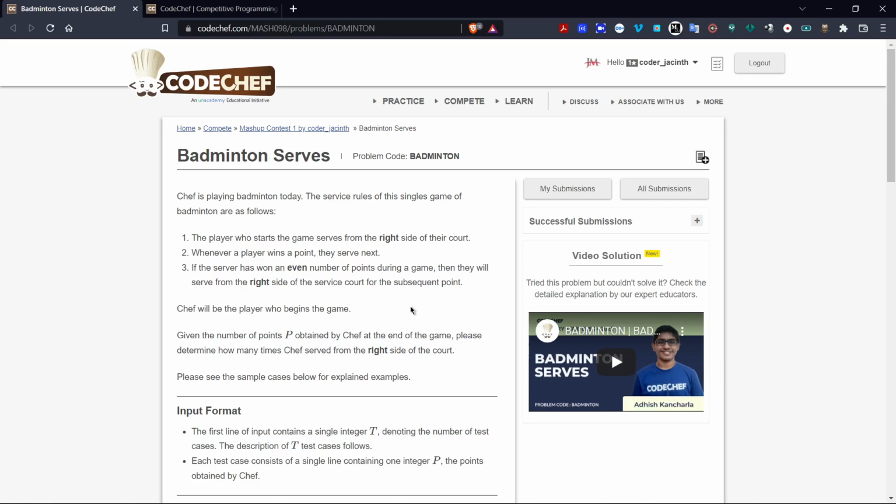Hello everyone, today we are going to see another contest of the MASH098 with the problem code Badminton. This is an easy level problem, and for this you just need to know basic syntax of C++ and basic mathematical knowledge. Here in the question it has been given that the chef is playing badminton with the rules that